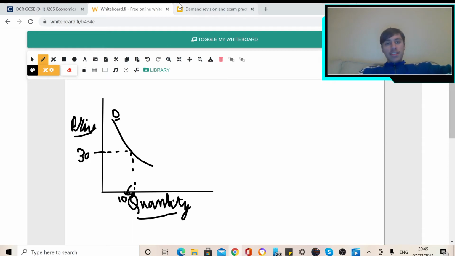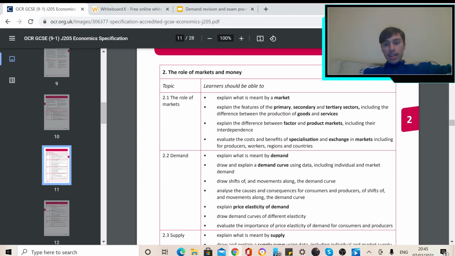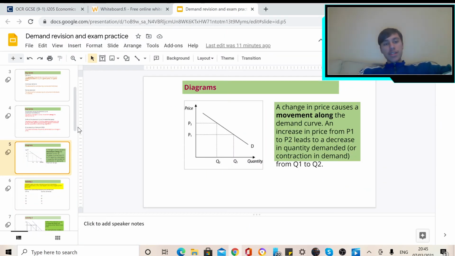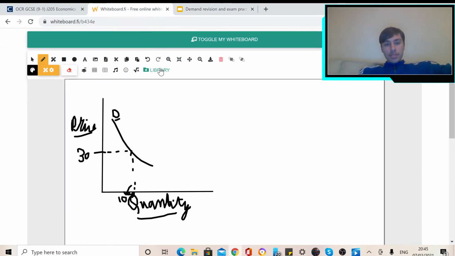Now what we need to understand, the final thing which I would be covering in this video, is what is meant by shifts and movements along the demand curve. So let's return back to the presentation for a moment. Now what happens is, the movement along the demand curve is caused by changes in price. Now let me show you. Now let's see, for example, an increased price, let's say 40,